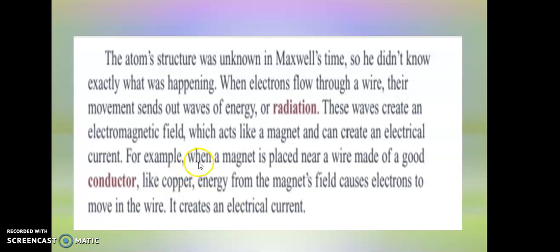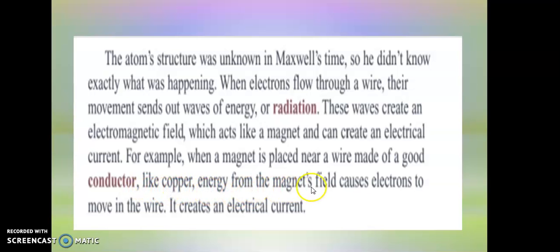For example, when a magnet is placed near a wire made of a good conductor. You're going to look for this word in the dictionary, wire. You're going to look for it and wave, those two words. Okay, you're going to investigate. So, of a good conductor, like